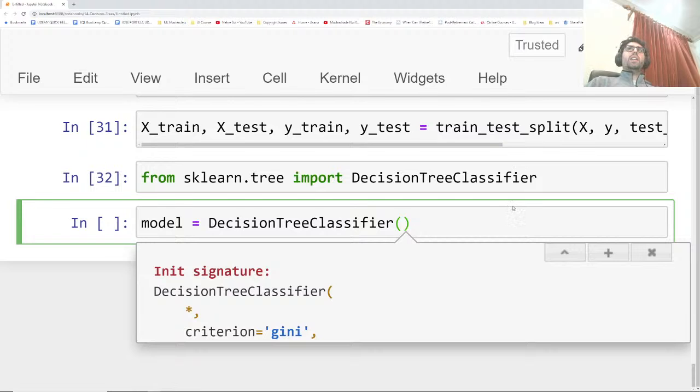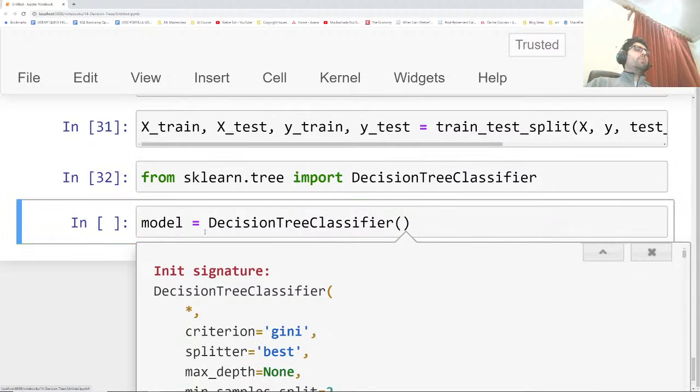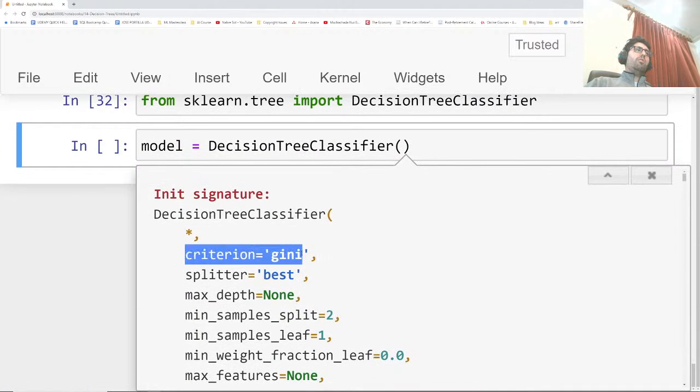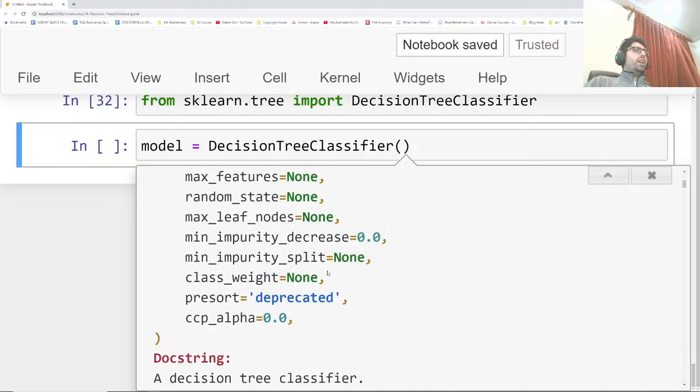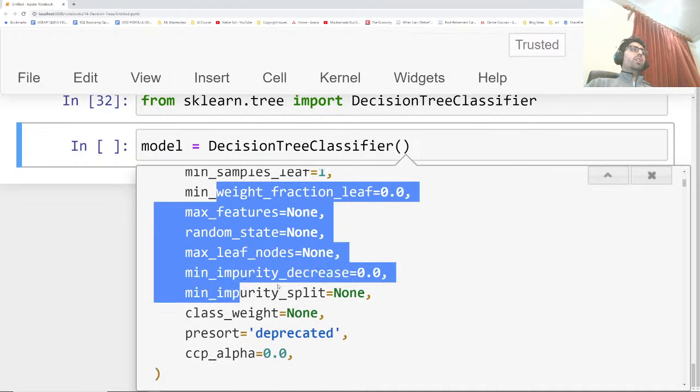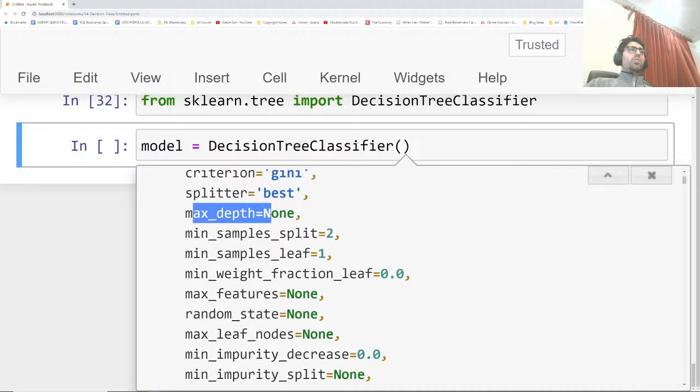And as I always say, if this is the first time you're using a model, definitely explore the documentation for it. You can see right here that the criterion by default is the Gini impurity, and there's a ton of stuff that we can begin to play around with. You can also choose the maximum depth of the tree, the number of samples needed to actually split a node. So for example, in that spam or URL example, at a certain point, you end up with just 3 emails in a node. And so what you can decide is if there's a minimum number of samples you need in order to split again. So in this particular case, as we split the penguins on different features, if at a